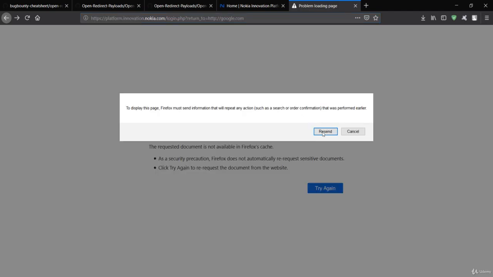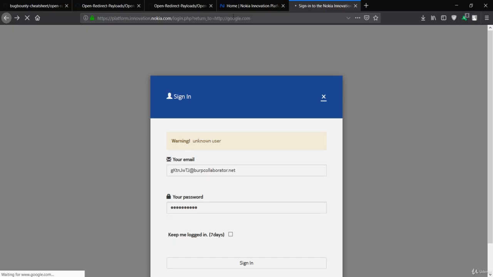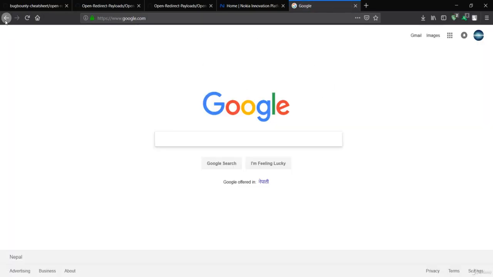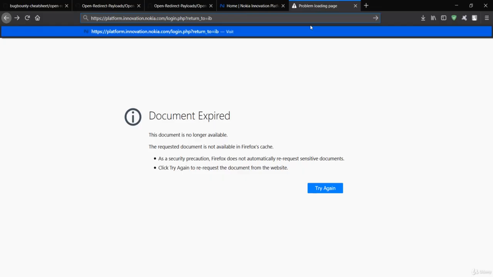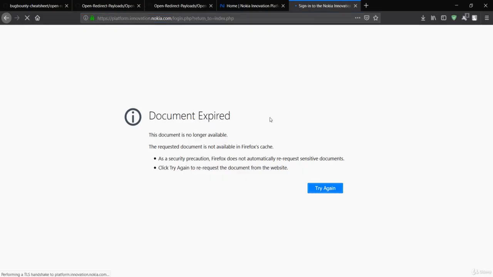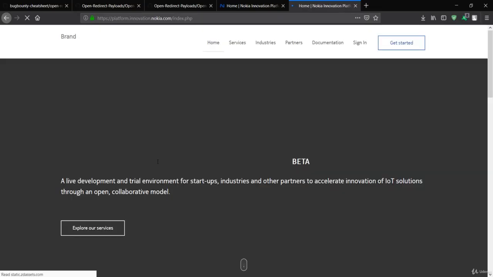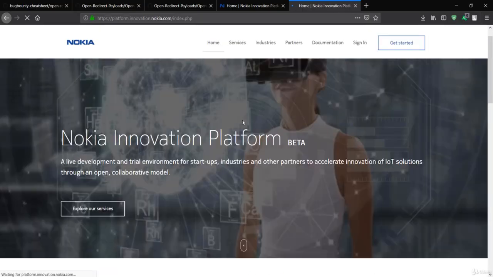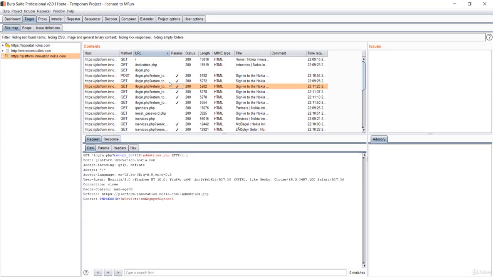When I try again and close this sign button, which is essential, because only if you close it does it redirect. If I say index.php and close this one, it only redirects to index.php. Now you'll get the home page of Nokia Innovation. That means it has a URL redirection through this return to.